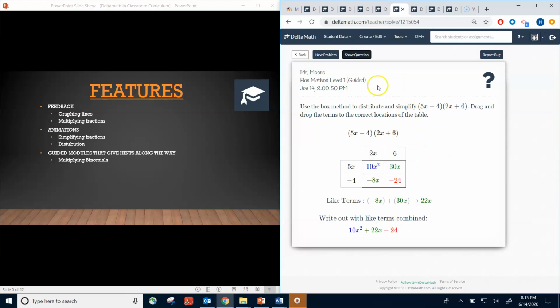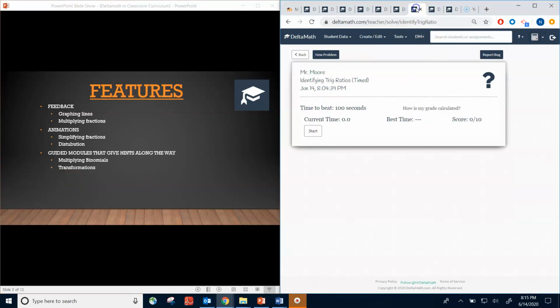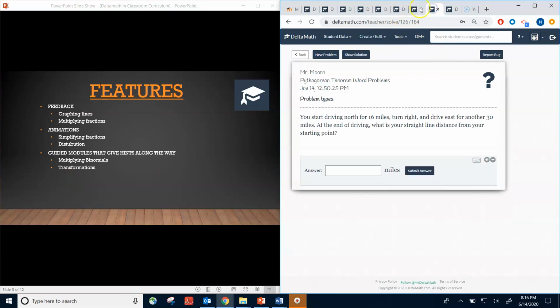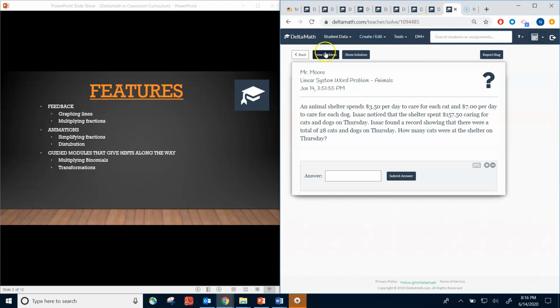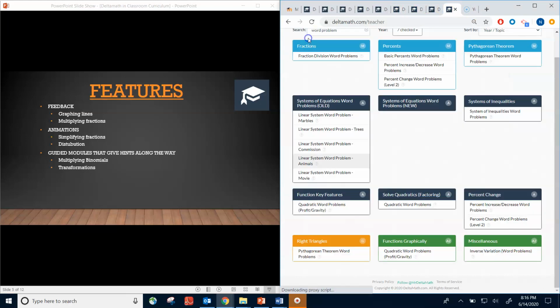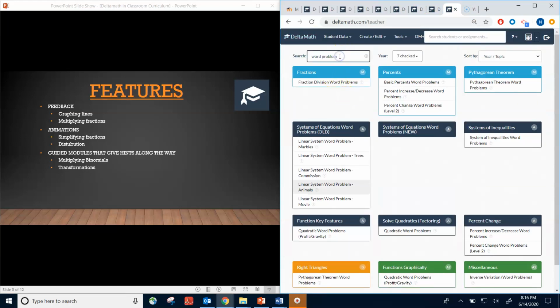It's a great step-by-step process for students that need that. Another one, transformations. This one is very, very interesting too. I've lost my transformations one. Let me get that really quickly then. An easy thing you can do is if you go back here, you can actually search